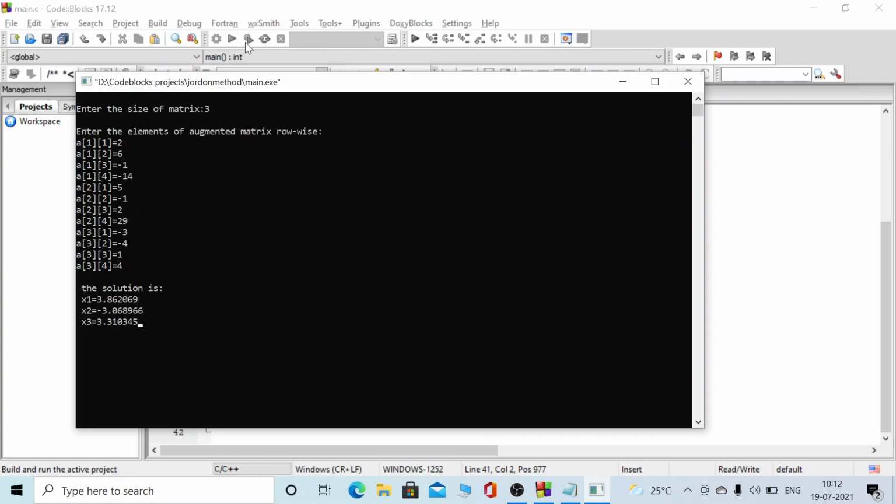So here the solution is x1 equal to 3.862069, x2 equal to minus 3.068966 and x3 equal to 3.310346. So this is how we solve using the Gauss-Jordan method.